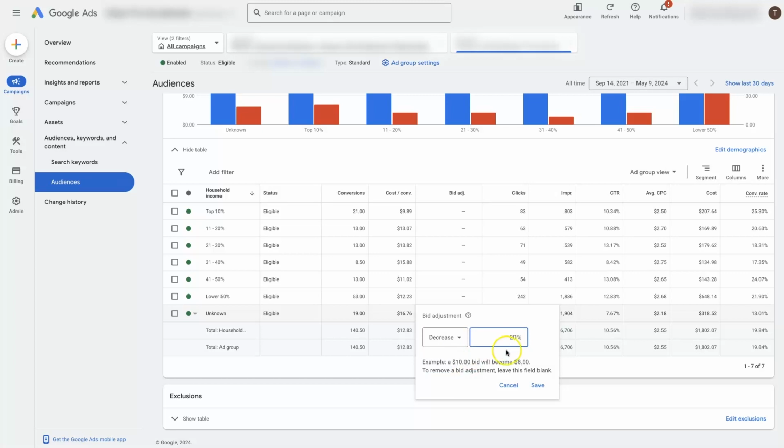Put in whatever you want, so like 20%, which means rather than paying $10 per click, you're only going to be paying $8 per click. So you're going to drop the amount that you're willing to bid on the clicks for that specific demographic by this percentage. And so you can test this out, maybe start with 10, 20%, go up to 40, 50. You could do 80, 90, 100%,